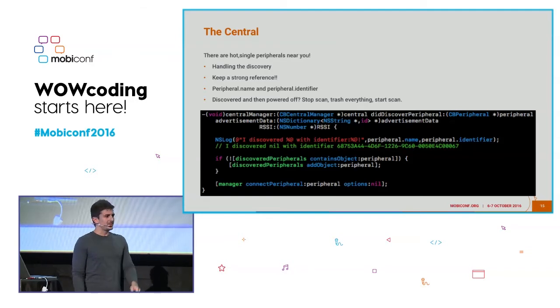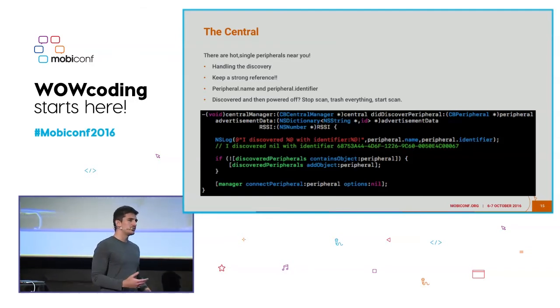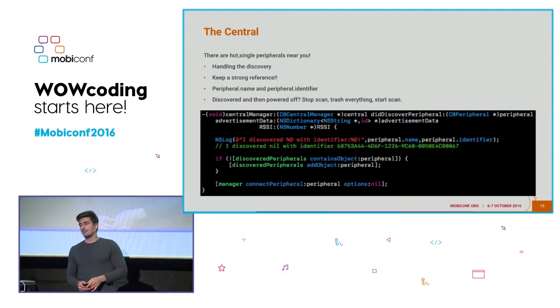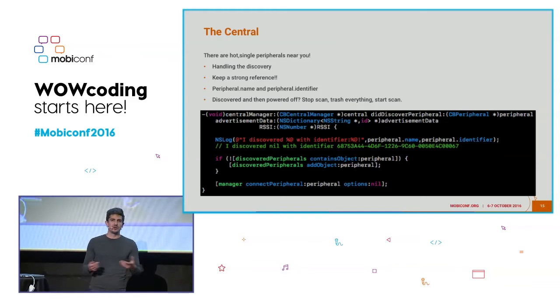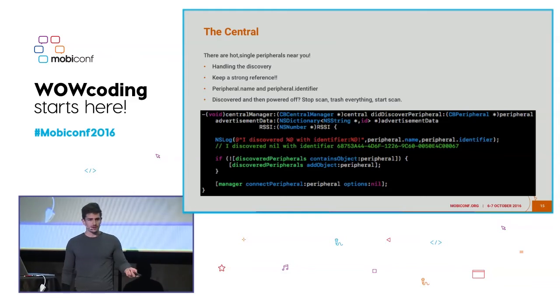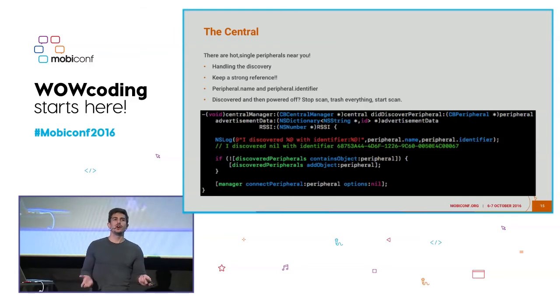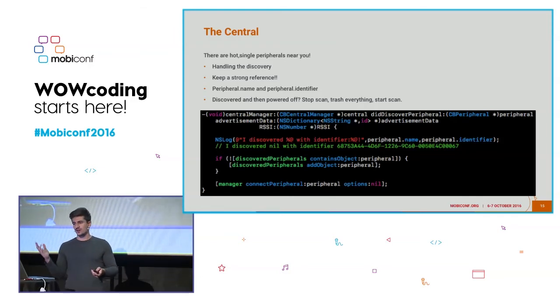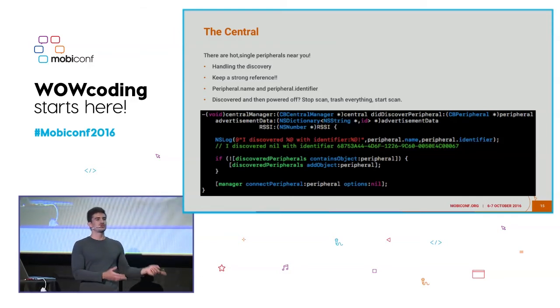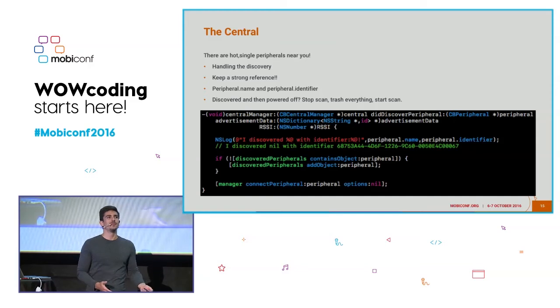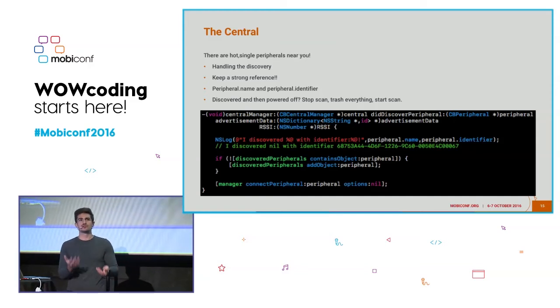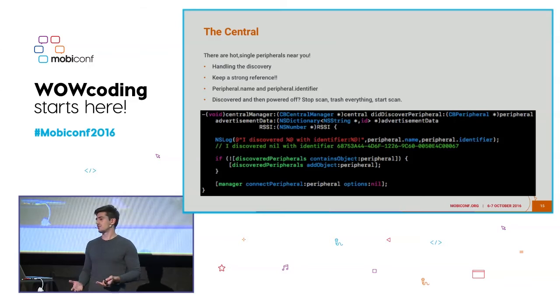If you discover something, you're exhibiting all that, but then a few of your devices, maybe all of them, got powered off, and you would say, how would I discover that? How would I find that out? You don't. What I would say is just do a periodic check, stop the scan, trash everything, and scan it again. Don't bother trying to keep that difference going or checking that out. That would be too much work for too little